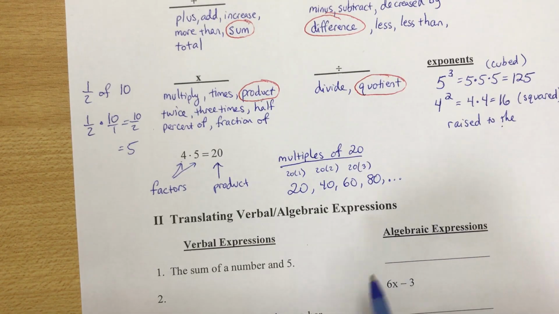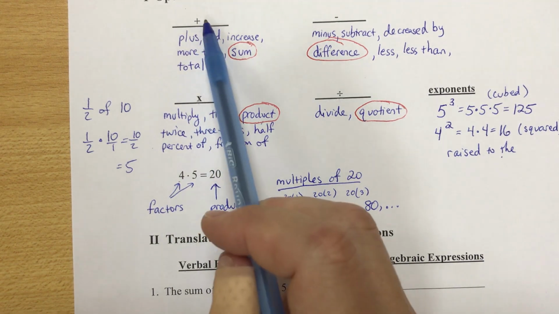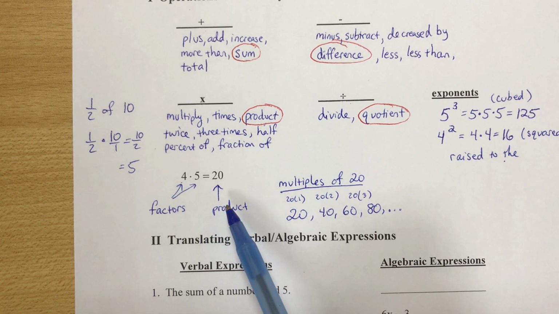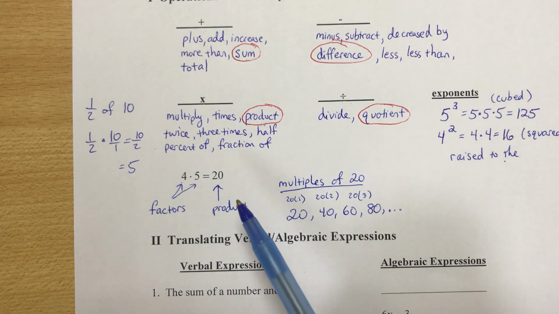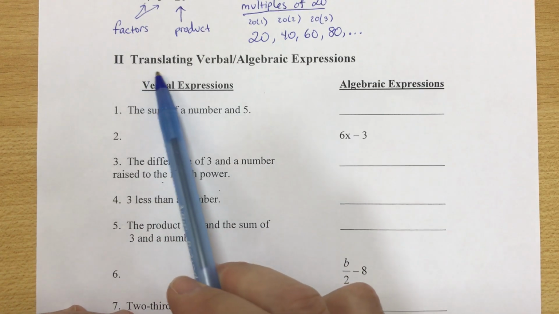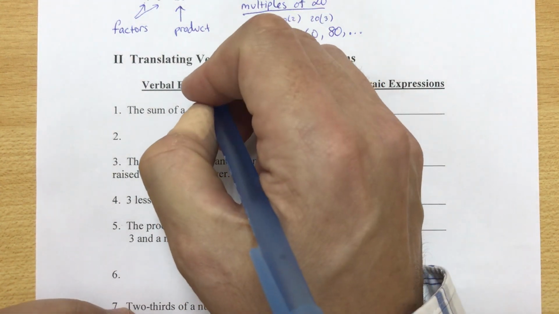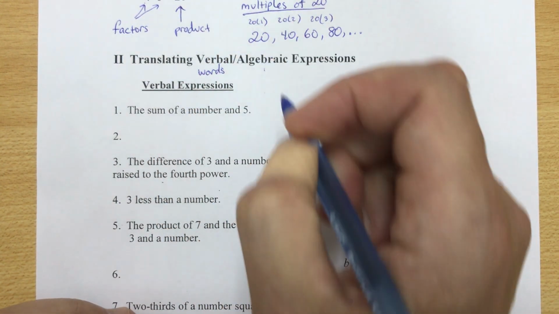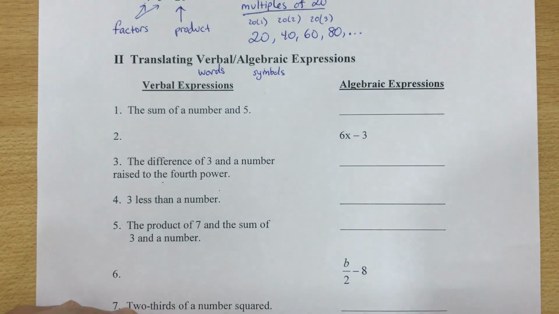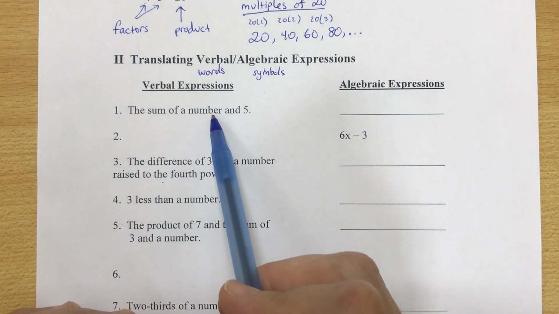So this is a lot of vocabulary, but when you hear words, you need to immediately think of, okay, mathematically, what are they asking me to do? What are they talking about? But you also need to be able to say these, to use these when you're explaining to somebody else or when you're asking questions. So the second part of this is translating verbal and algebraic expressions. Verbal is words, and algebra is using the symbols, okay, and variables. So, if the verbal expression, number 1, is the sum of a number and 5,